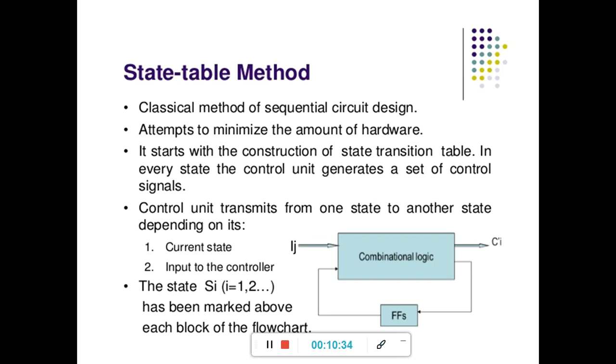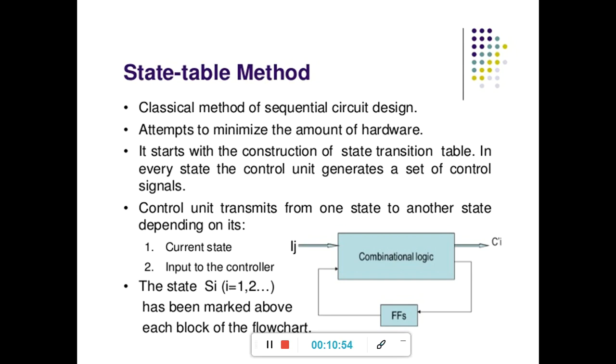Here in the diagram, you see combinational logic connected with FF. What is FF? It is a flip-flop. What is a flip-flop? It can store only one bit at a time. What is the one bit? It is zero or one. Zero is a lower order state, one is a higher order state.